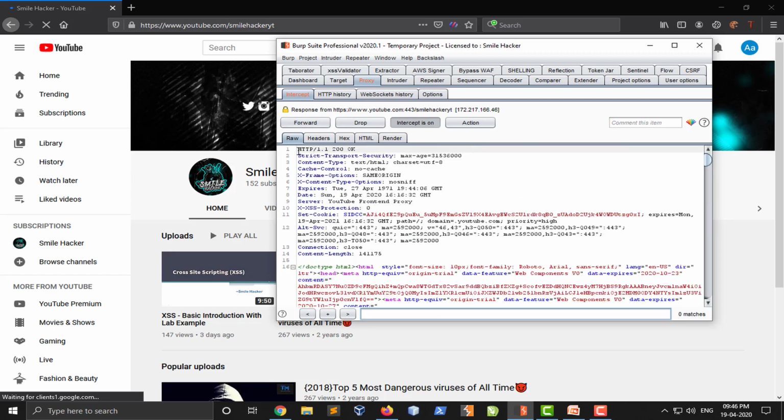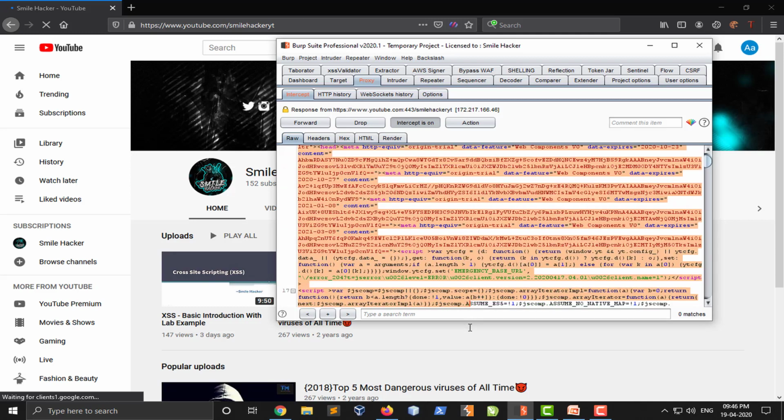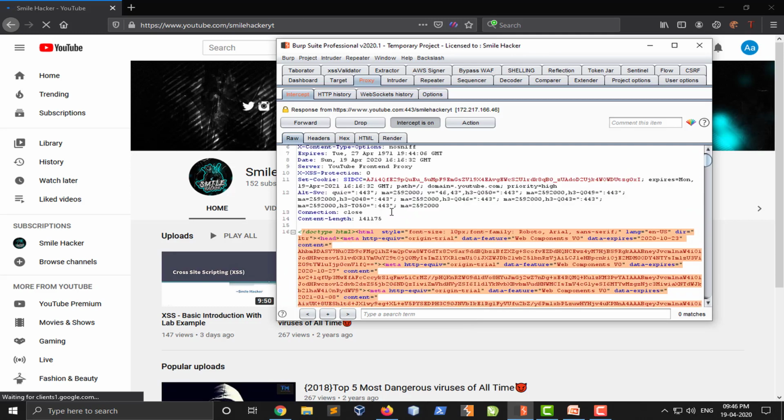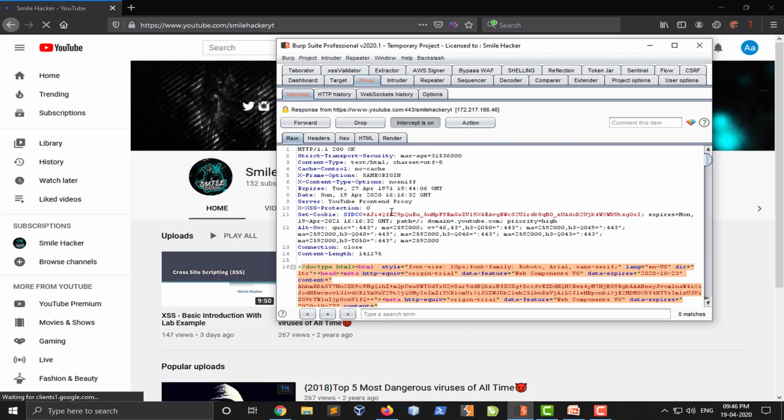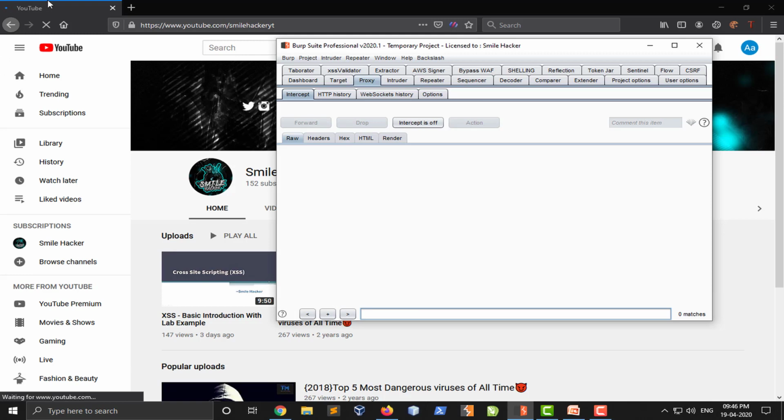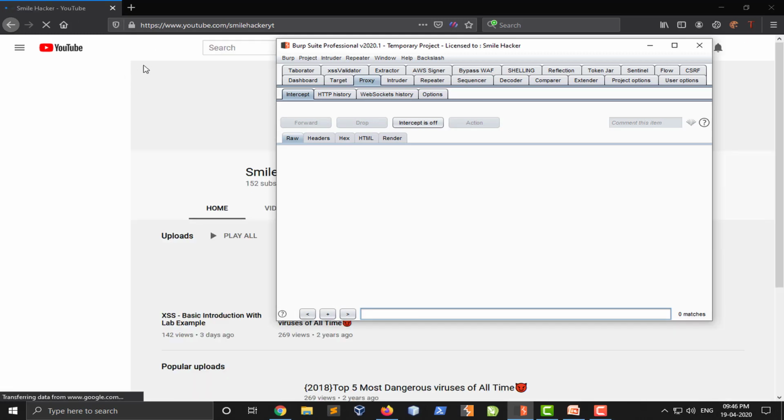So here is the response of that request, status code 200 OK, content length, and this is our HTML response. This is the GUI, graphical user interface response. So make intercept off, then the browser will perform the request.